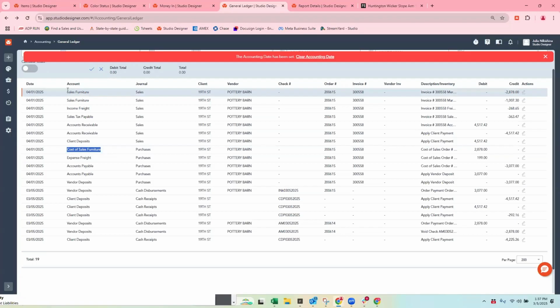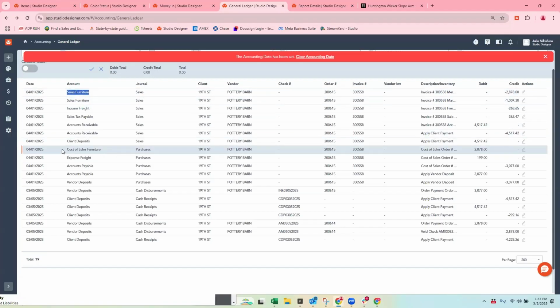We may collect money from a client in March, and we may pay the vendor in December because of lead times, damages, or it's no longer available. We're waiting for it to come in stock. But that doesn't mean I don't want to look at my income statement and understand how much money I made from this chair and how much money it cost me for this chair.